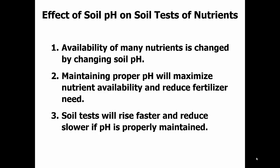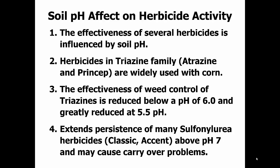We'll skip over that. Already talked about that. We'll touch on herbicides. I'm not a weed scientist, but I share a technician with one, and I have a cell phone number, so if you have any questions after this, I'll give you his number, and he can answer. But y'all probably well know that